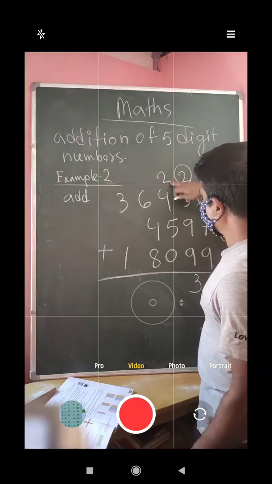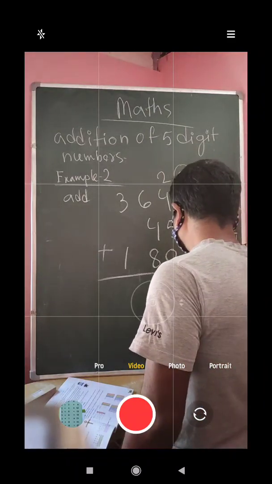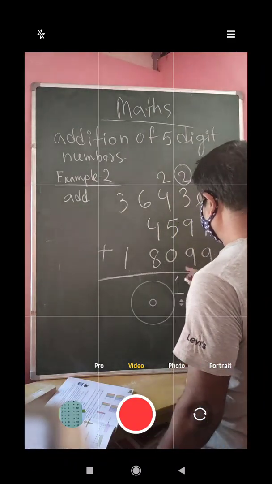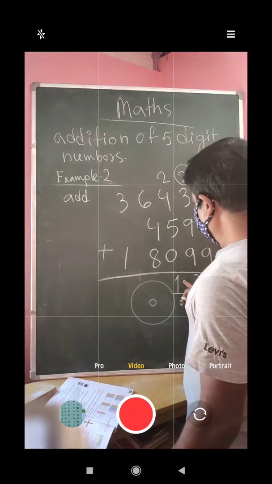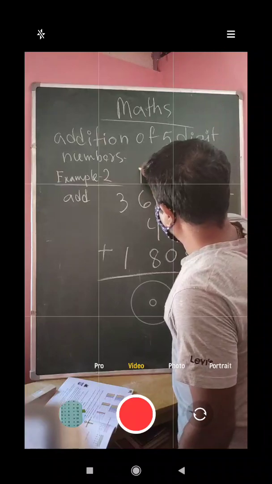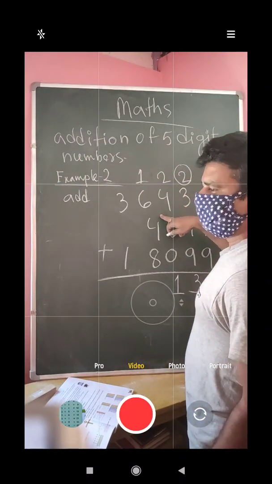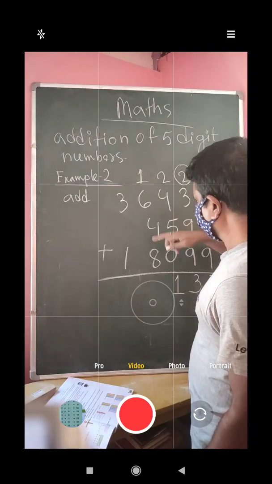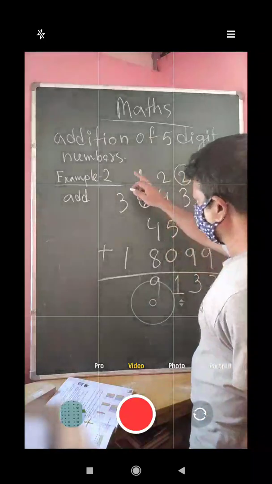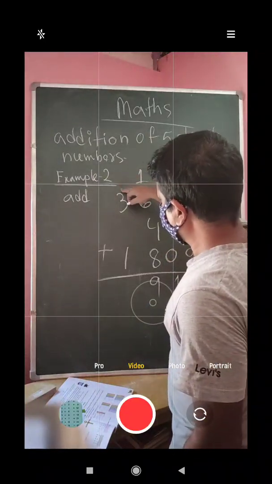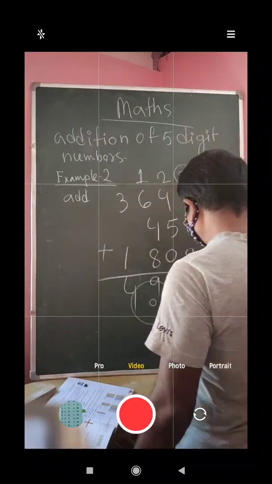So 4 plus 2 is equal to 6. 6 plus 5 is equal to 11. So I will write here 1 from 11, because 11 plus 0 is equal to 11 only. So from this 11 again 1 is there. So 6 plus 1 is equal to 7. 7 plus 4 is equal to 11. 11 plus 8 is equal to 19. Nothing is there to take over here, so we will add 3 plus 1 is equal to 4.